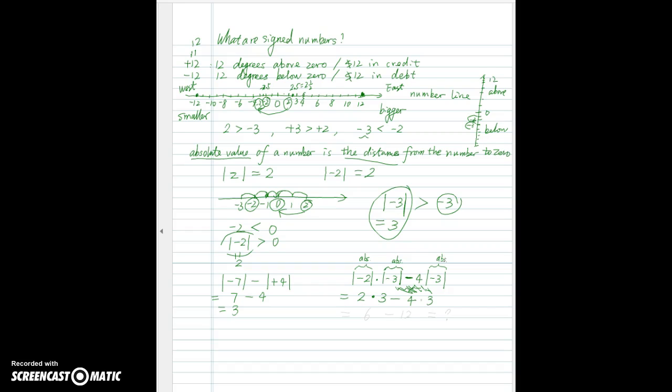So we write down 3. And there's no sign between 4 and absolute value of negative 3, which means multiplication. So now first we deal with all the absolute values. Treat them like parentheses. So 2 times 3 is 6. Multiplication goes before subtraction. So we copy minus. And 4 times 3 is 12. So 6 minus 12,